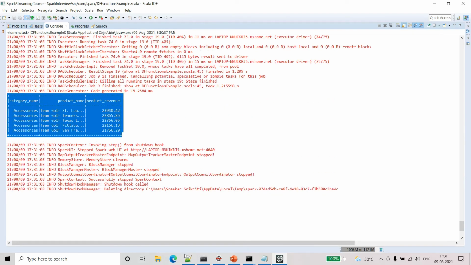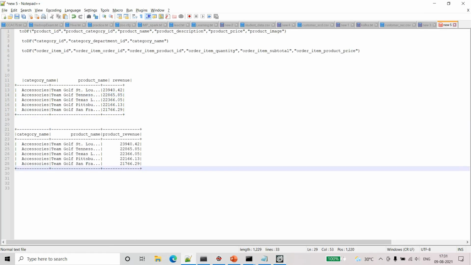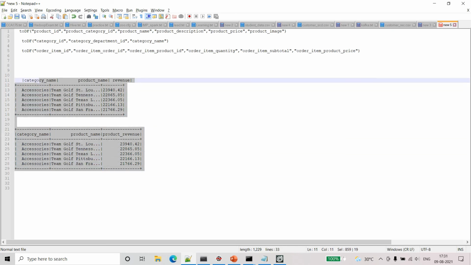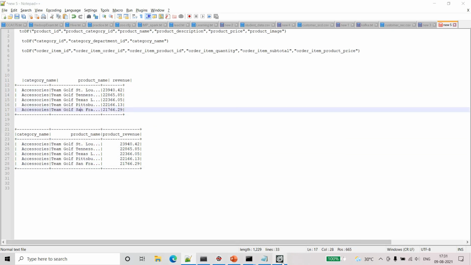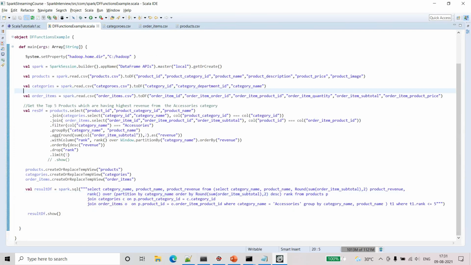So now this is the output of the SQL query, and if you notice, we have got the same kind of output, all the same output. You can compare these two. The same requirement I have shown how to do in both ways: this is using the data frame API, and this is using the SQL select queries.